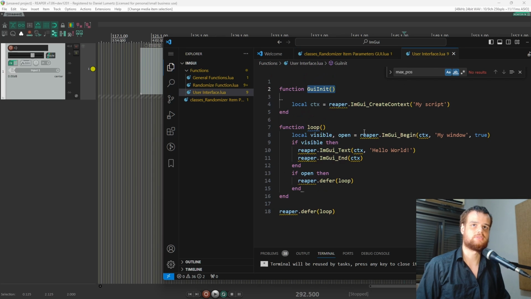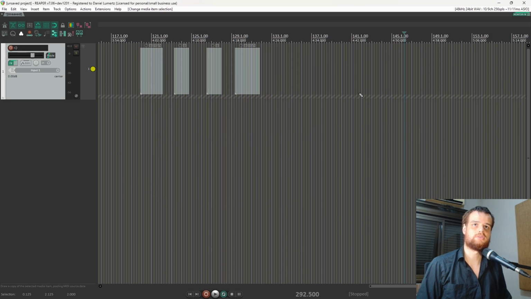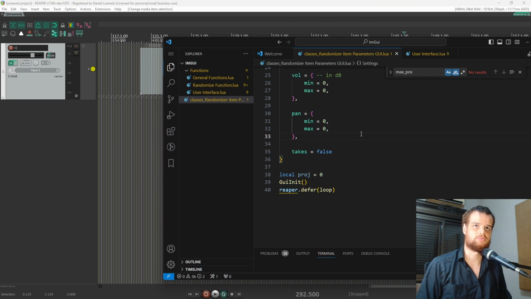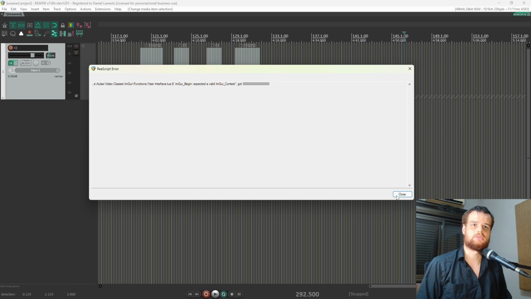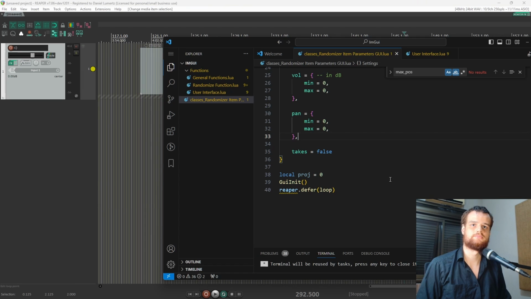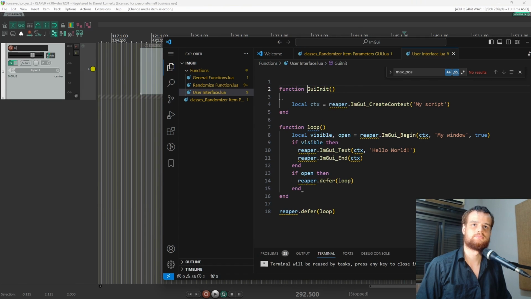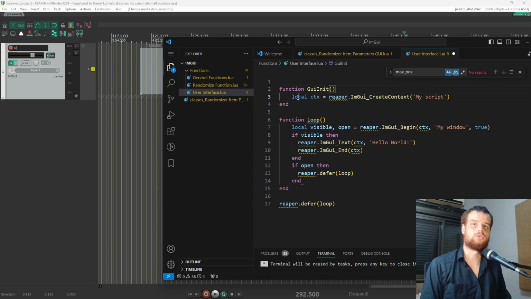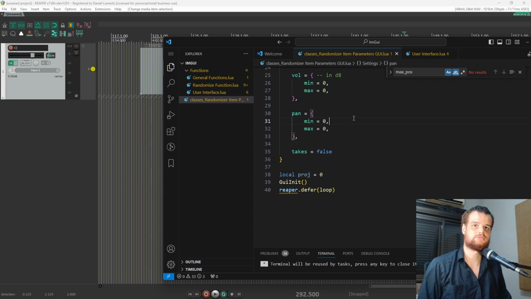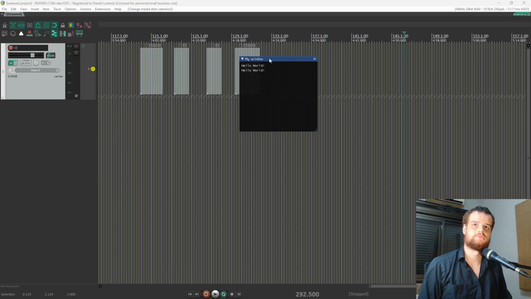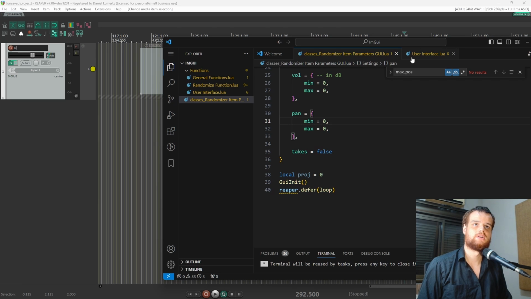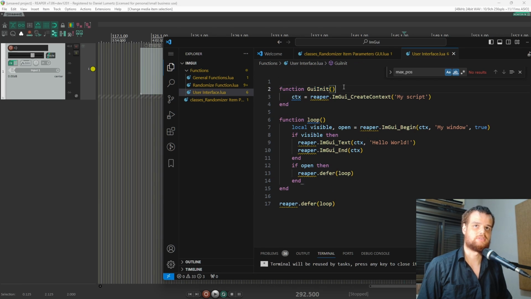GUIInit, save this, and run. It was already running. Save again. Great. Oh, here I put local. It cannot be local. This must be global to be run at the other functions. Okay, so it's working. So it's inside the GUIInit. I will put one more